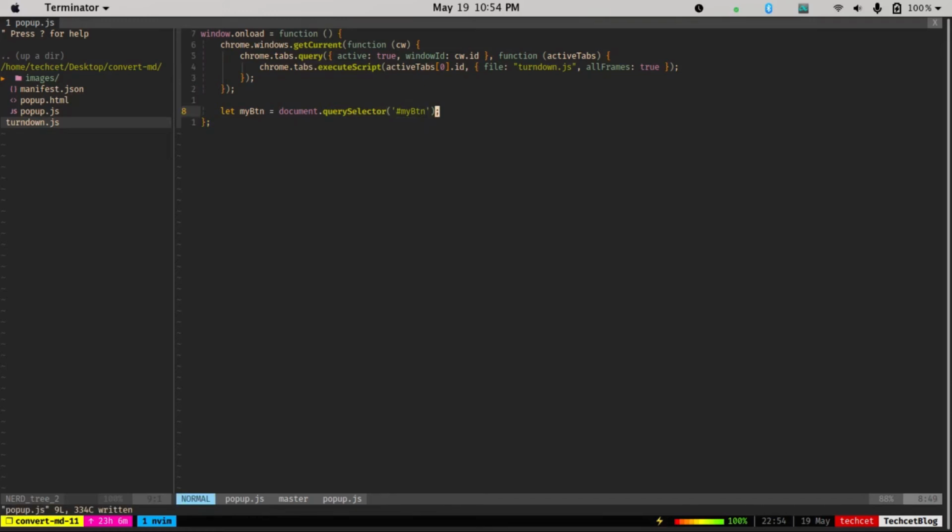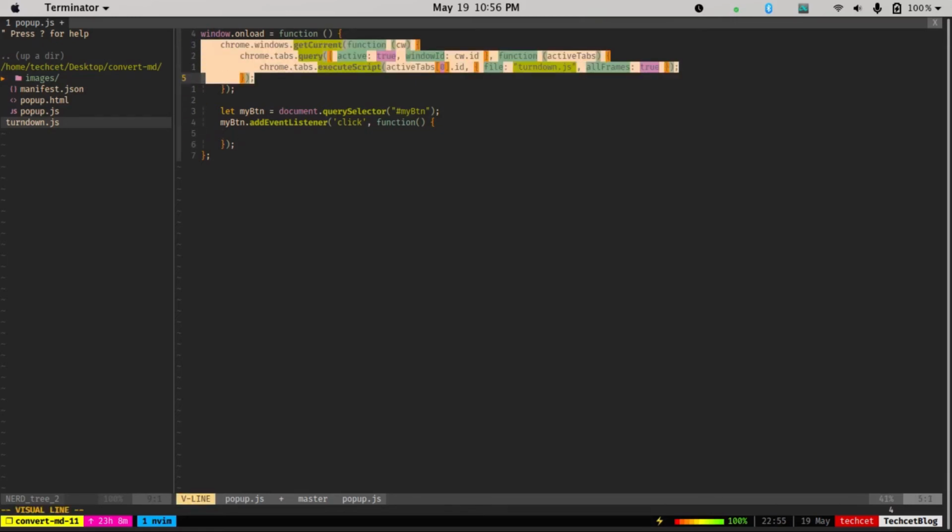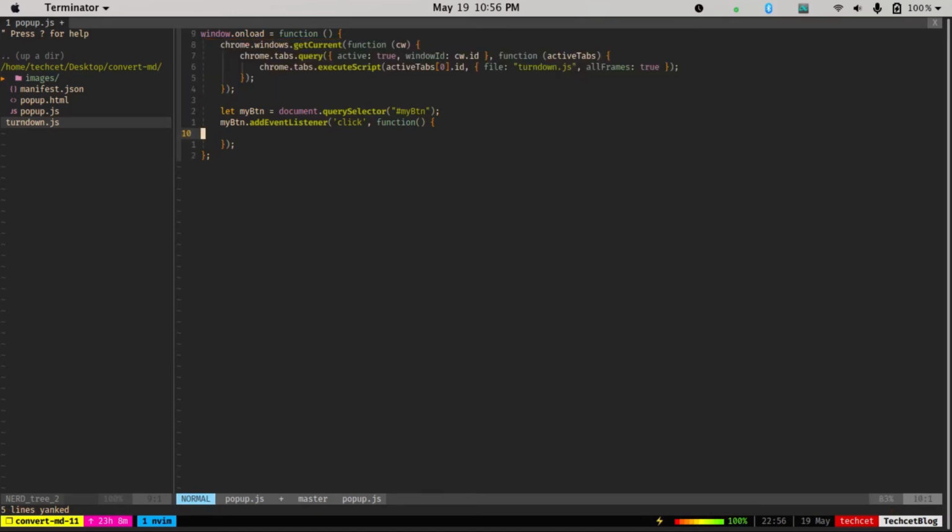Okay, if I make it as my button dot add event listener click function. Okay, so we can run another thing, that is this one, copy, paste, and